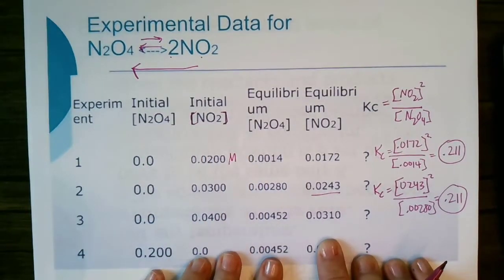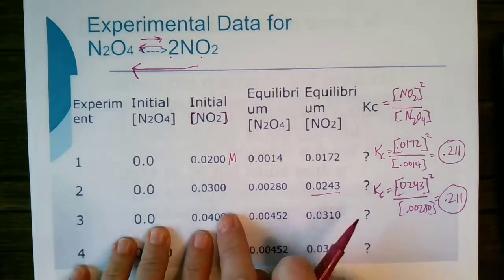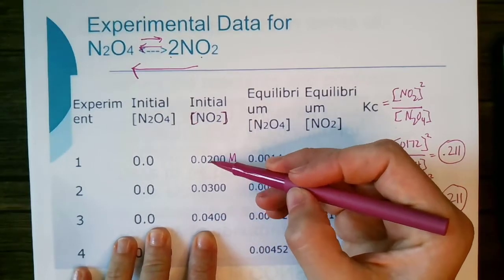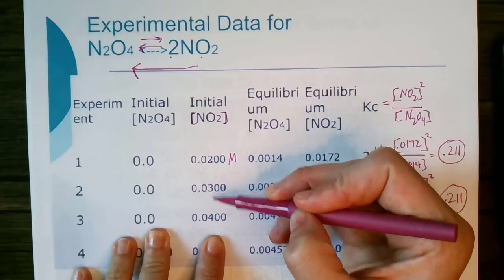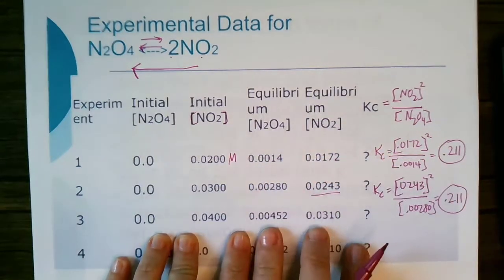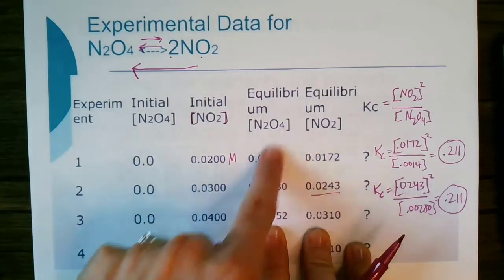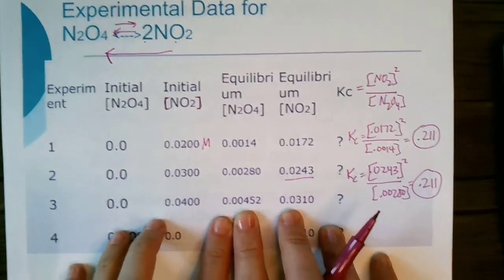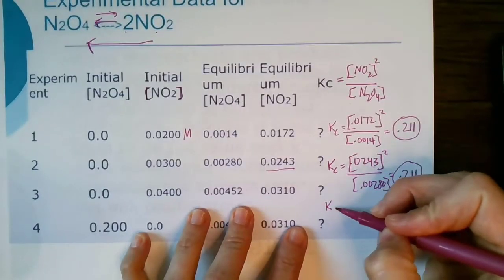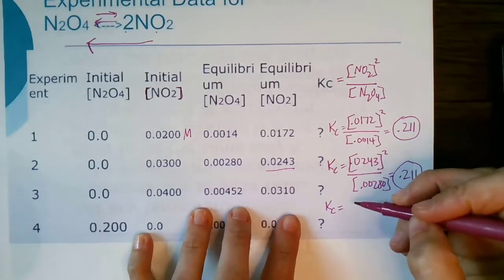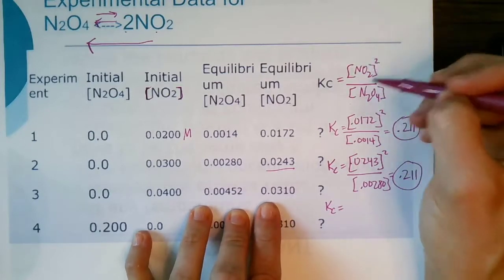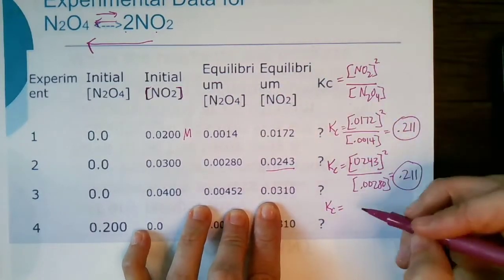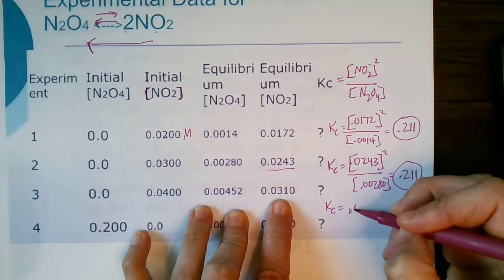Let's look at experiment number 3. Again, we can see that I'm increasing the concentration. We went 0.02, 0.03, 0.04. Again, notice that my equilibrium is different concentrations for both of these. Well, let's still find Kc for this one. I always have to look. Okay, NO2, which is this one, 0.0310